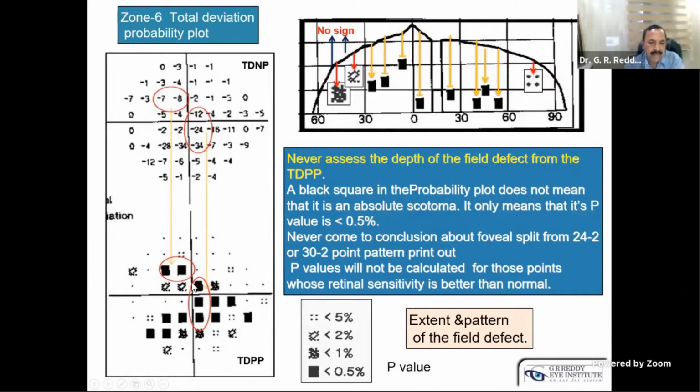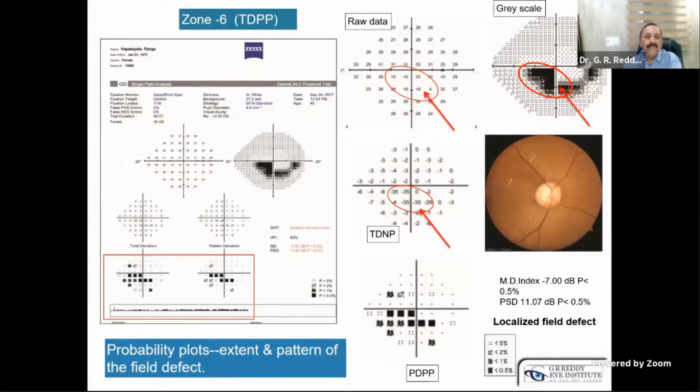And never comment on foveal split by seeing black squares in the 24-2 or 30-2. And never assess the depth from the probability plots. Probability plots only give you the extent and the pattern of the field. Now coming to the